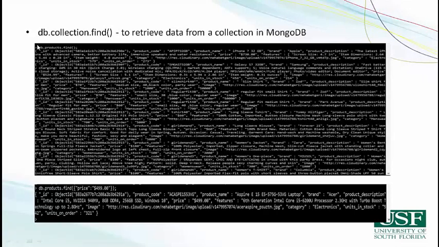Now in this slide we have shown how to find a specific product inserted in the collection. If we search for a product without specifying any details about it, just running the command db.products.find, it will return all the product details that are entered into the collection products. But if we try to find a product with a specific value, we can find that as well. Here we have tried to find a product with the price $4.99, and we can see that we have found just one output for the search and not all the entries in the collection.